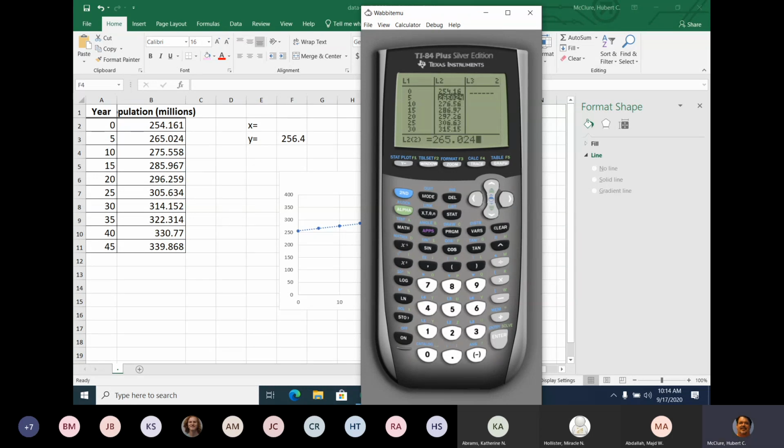5.024. 275.558. 285.967. 296.259. 305.634. 314.152. 322.314. 330.77 and 339.868. And I'm going to hit